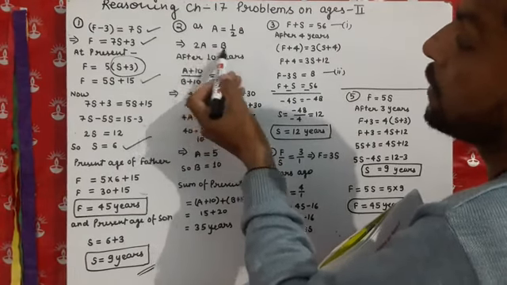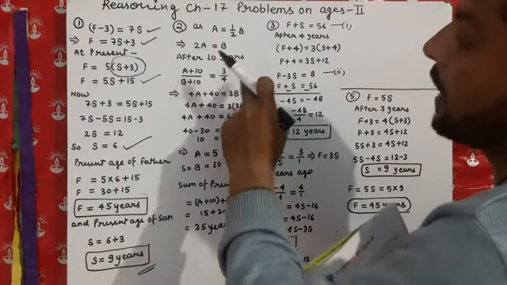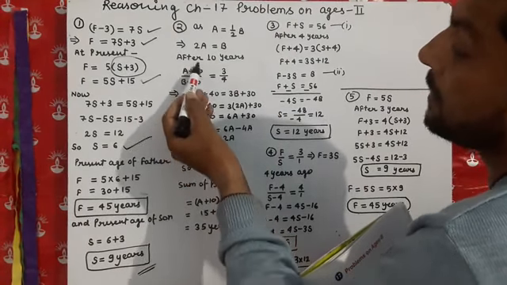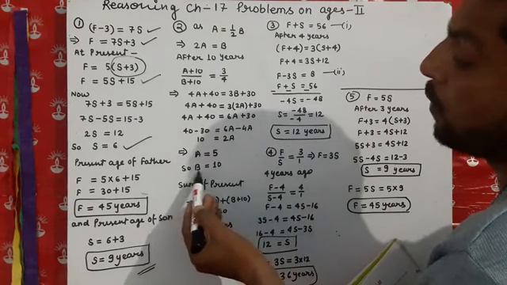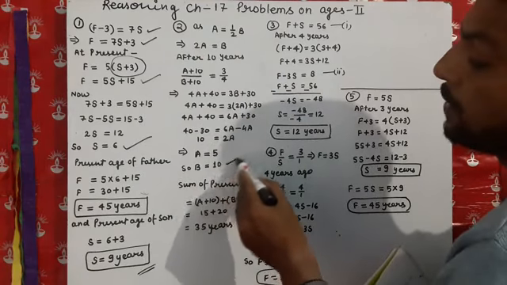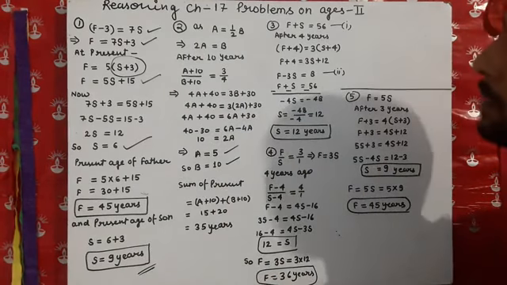But now we are going to after 10 years, that means the present age, because this was the condition for 10 years back. So this time we have taken after 10 years. So it becomes A plus 10 and B plus 10. The ratio is given as 3:4. After solving, we get that 2A is equal to 10. So in that condition we get A is equal to 5, and so B is equal to 10, because B is double of A. So A equals 5, B becomes 10.